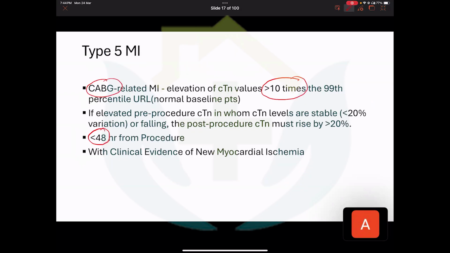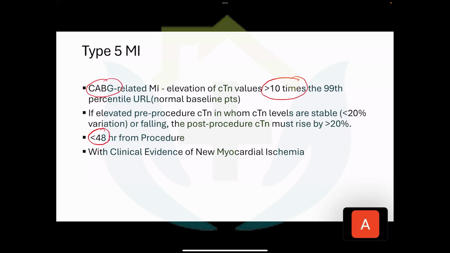So these are the 5 types of AMI very frequently asked in EDIC part 1. EDIC part 1 is not that clinical. They will simply ask you that this has happened, what is the type of AMI the patient has suffered from. By type, they mean type 1 or type 4 or type 5. So if you just know the basic definition, you'll be able to answer. They will not ask you in detail. It's an MCQ based exam.